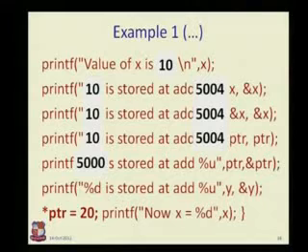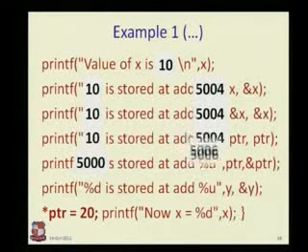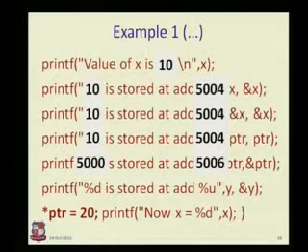And what will %u show? %u will give the address of ptr. Again it has changed now. Up till now it was 5004 in the previous line. Now it is 5006, or it could be any other place in the memory. So now let's see what this last printf does. %d is stored at address %u. Now I have changed the variable to y and &y.